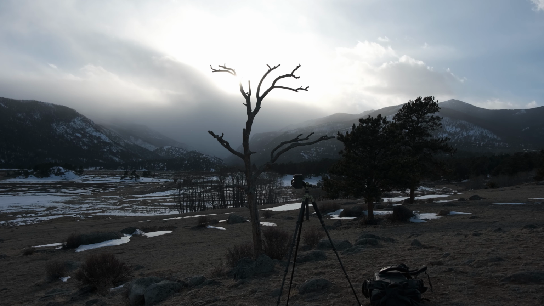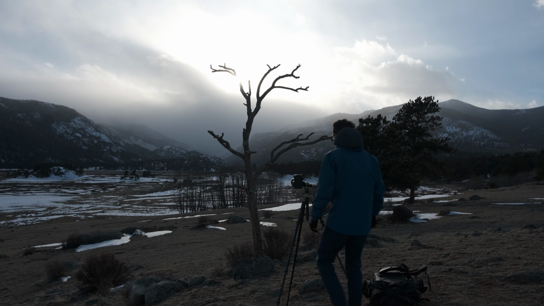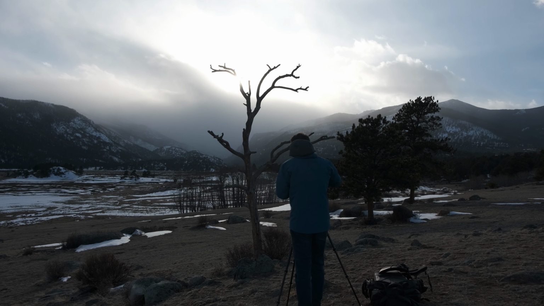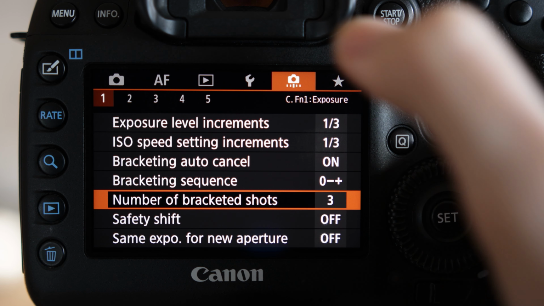Here's me setting up the shot we'll be using in this example, and you'll notice I wasn't able to capture the dynamic range even within this video. This is a scene where I'm shooting directly into the sun while simultaneously having shadowed areas, the perfect time to exposure bracket. Many cameras have bracketing built in where you can just set your camera to take a certain number